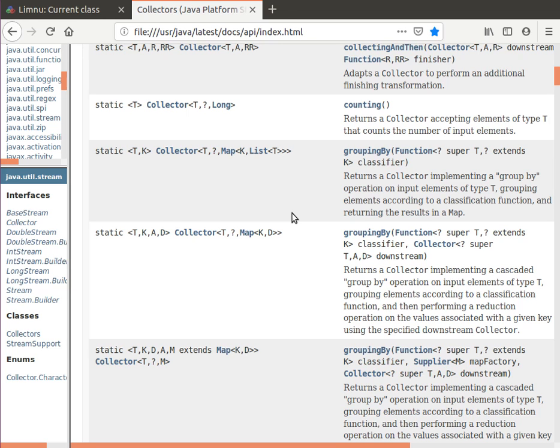M is a bounded type parameter, it has to be a map. Fine, M has to be a Map of K comma D. So what's returned is a collector of